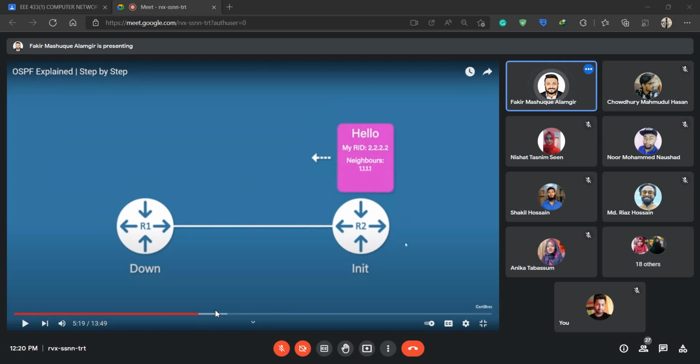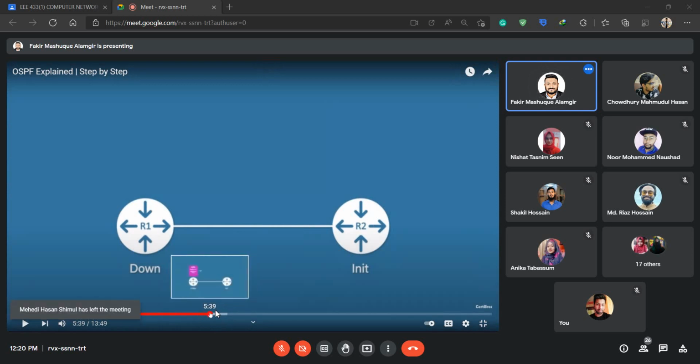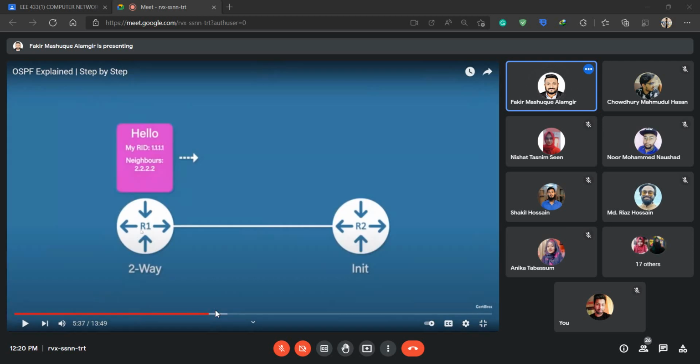ওকে, তো এই রাউটার 2টা যখন ভেরিফিকেশনের পর মেসেজ পাঠাবে তখন রাউটার 2টা ইনিশিয়াল স্টেজে চলে যাবে। রাউটার 1 কিন্তু এখনো ডাউন স্টেটে। রাউটার 2 যখন আবার রাউটার 1-কে পাঠাবে, রাউটার 1 কিন্তু কখনো ইনিশিয়াল স্টেজে যায় না, সে 2 স্টেজে চলে যায়। 2 স্টেজে চলে যায় মানে রাউটার 2 থেকে যখন মেসেজ পাবে এবং সে অ্যাক্টিভ লিস্ট দেখতে পাবে যে তার নেইবার কারা কারা, তখন সে রাউটার আইডি যখন আবার তার হ্যালো মেসেজ পাঠাবে।